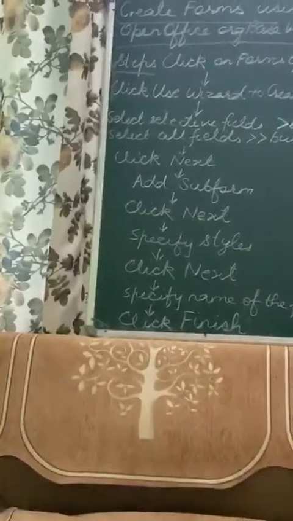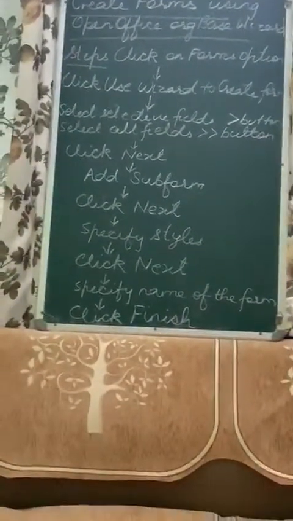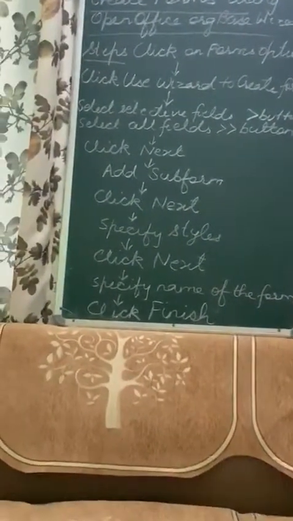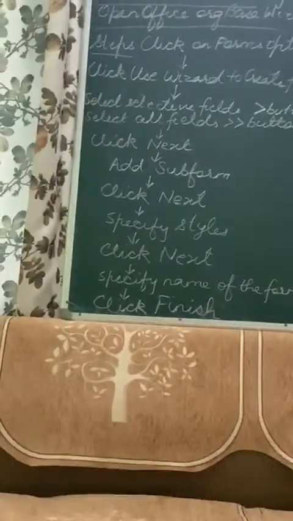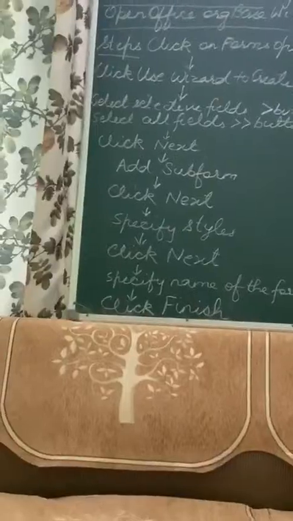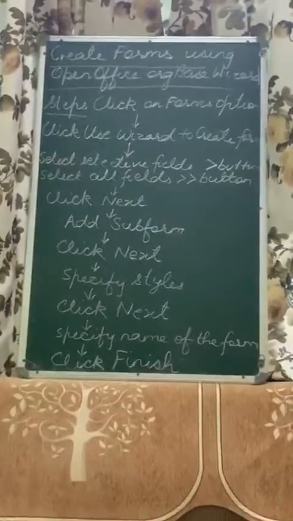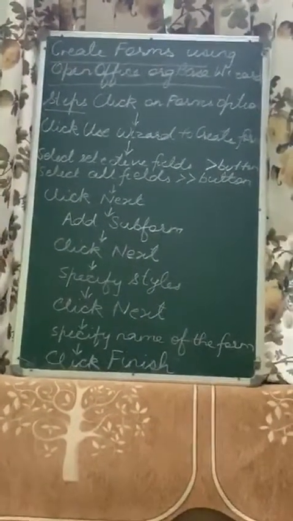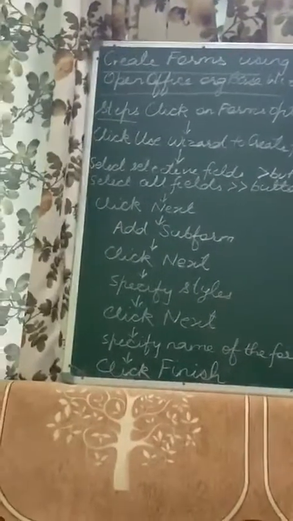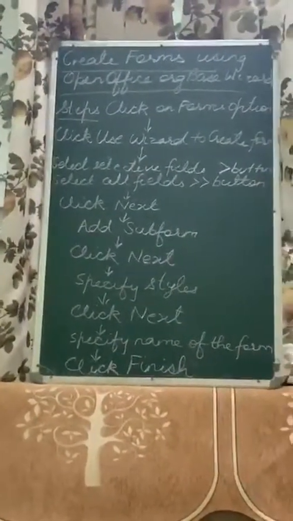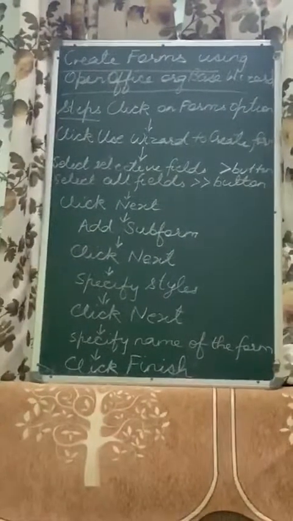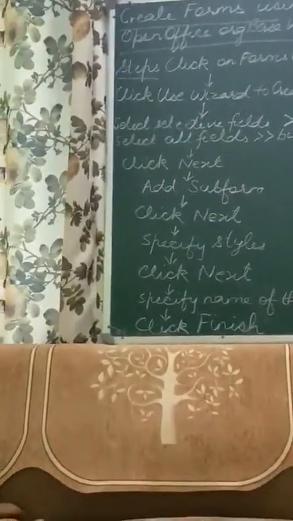Now to view the saved records, double click the table name under the table section. A window will be displayed with all the contents of the table. That means you can see your table also and your form also. Whatever content was there in the table is now visible in the form also.